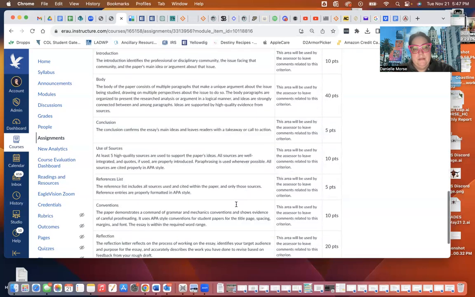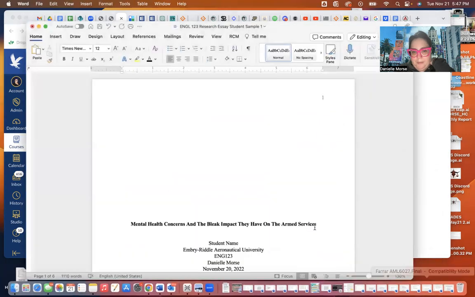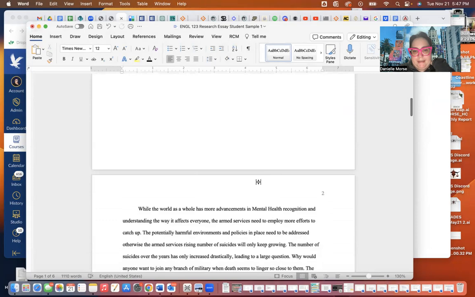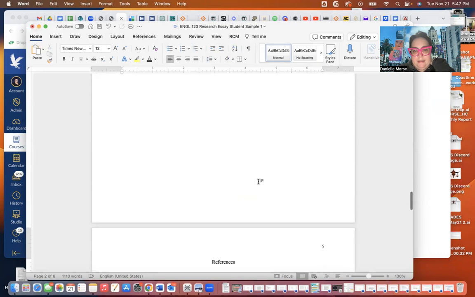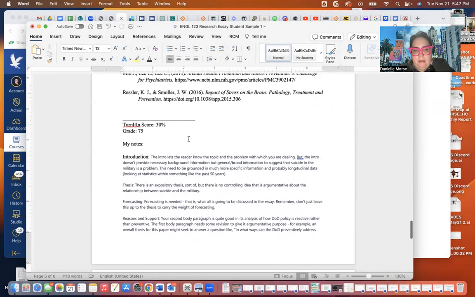Okay, so this is the rubric. What I'm going to do right now is, you can see I have a lot of things open right now. I have a student sample paper that I'm going to use, and I pulled my notes from it, and I wanted to use this one because